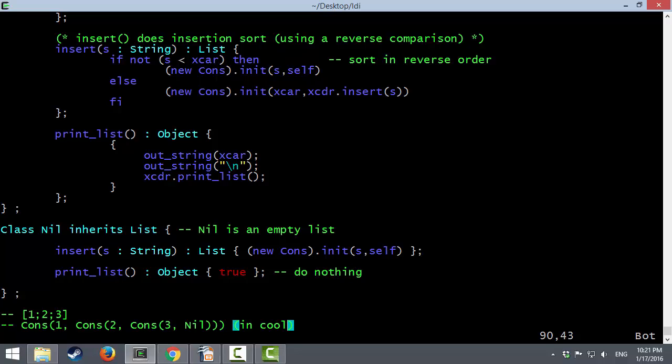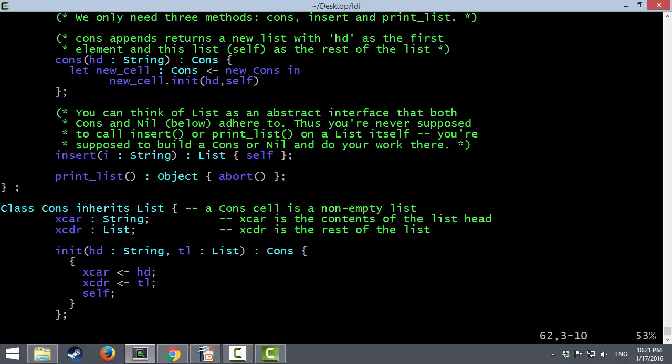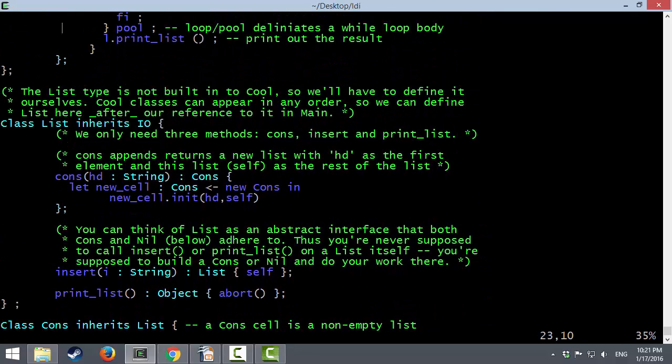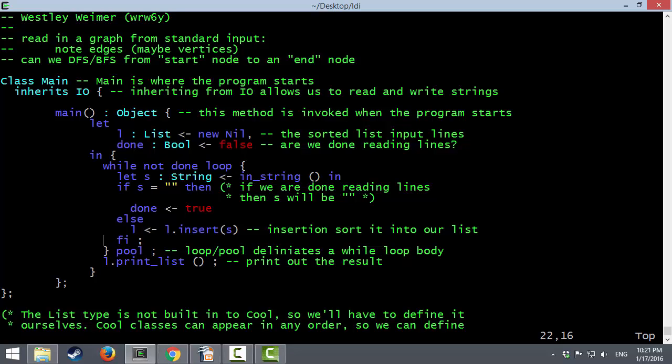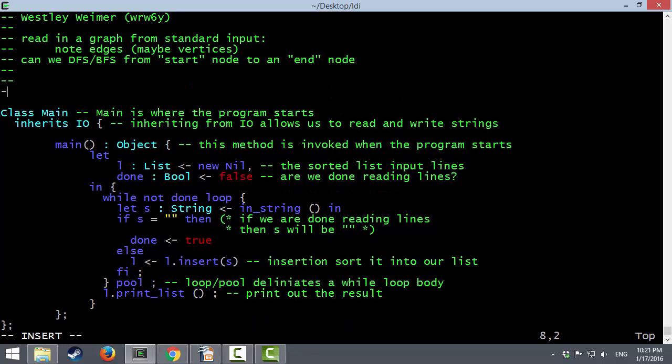All right. But in COOL's type system, which does have static dispatch and dynamic dispatch and all that stuff coming out the wazoo, this list that we have so far can only hold strings. And that's good in some sense, because we will definitely need to hold a list of strings. But we will also want to hold a list of string-string pairs. So we're going to need some